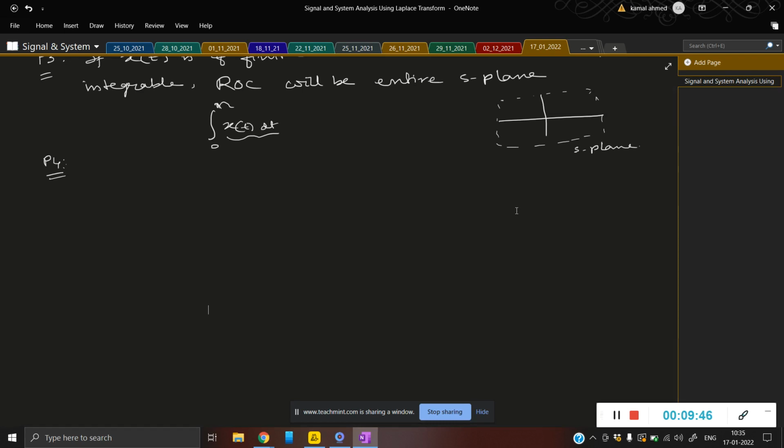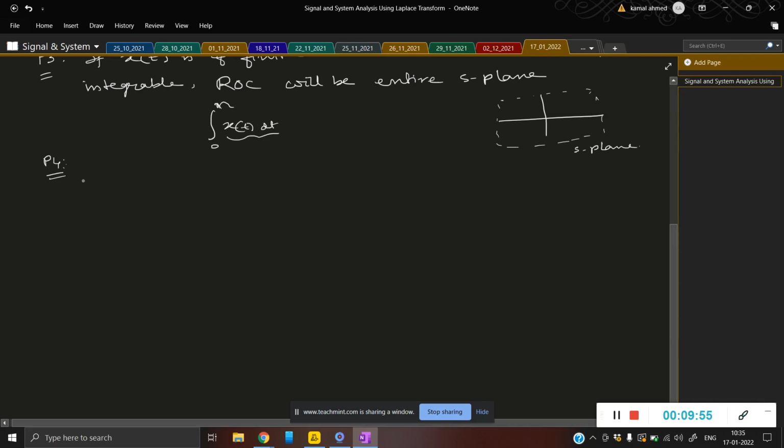Similarly, in this case also x of t can be a right-handed sequence or a left-handed sequence, and the ROC will differ from each other. So, property 4 says that if x of t is a right-handed sequence, a right-handed signal, that is, x of t equals 0 for t less than some value, then you don't need to give the condition, it will be much more confusing. If x of t is a right-handed sequence, that means it lies on the right-hand side, then